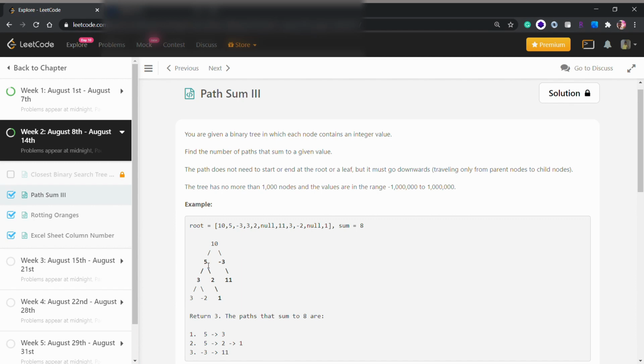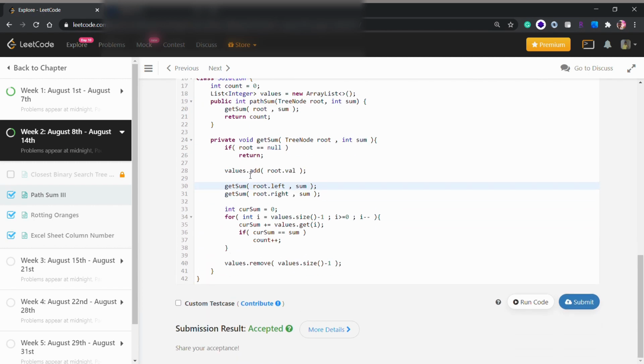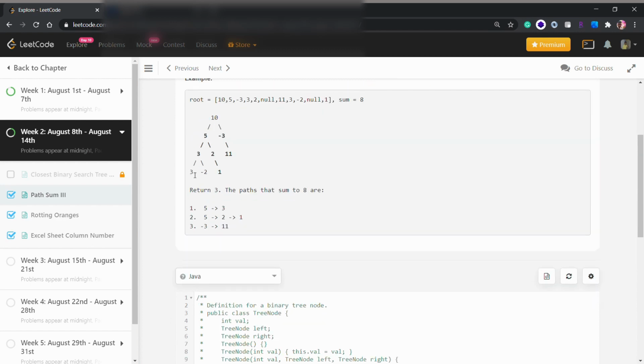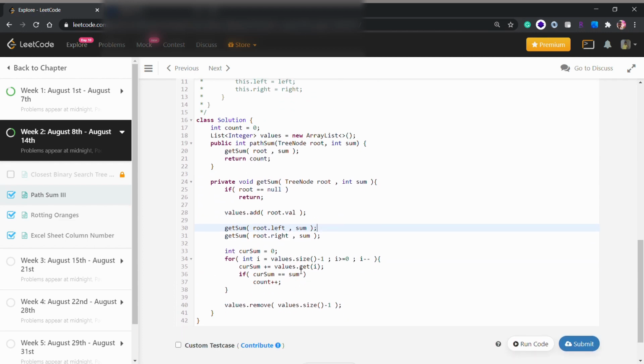We add 5 into our values ArrayList, then go left again and add 3, and go left again and add another 3. When we reach here, we just return, because it doesn't have a left or right value. And now we will add 2. Now it doesn't have any left or right value.